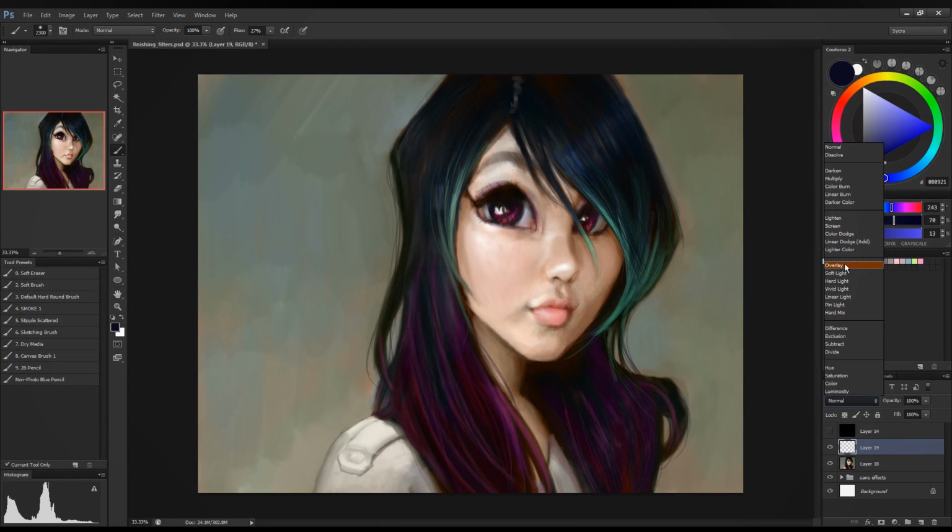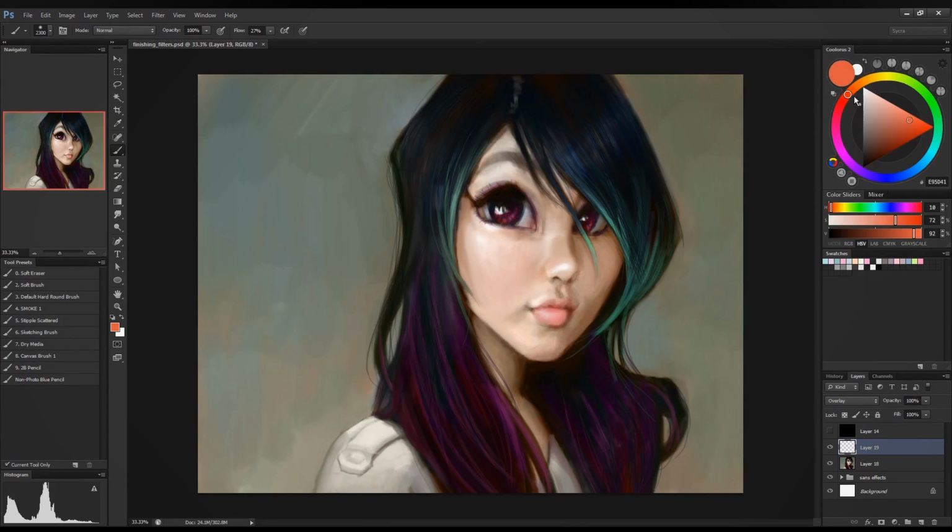I'll also use overlay layers for, let's say I just wanted the cheeks to be a bit more red. I might use an overlay layer for that. And I make sure my brush is humongous. This is really important, that your brush is big. So see, like that, just adds a bit of warmth to the cheeks. Could add that to the lips. Let's say I wanted a bit of color variation in the hair, maybe just a bit of green. I'll make it big, and I'll often tap in some of this